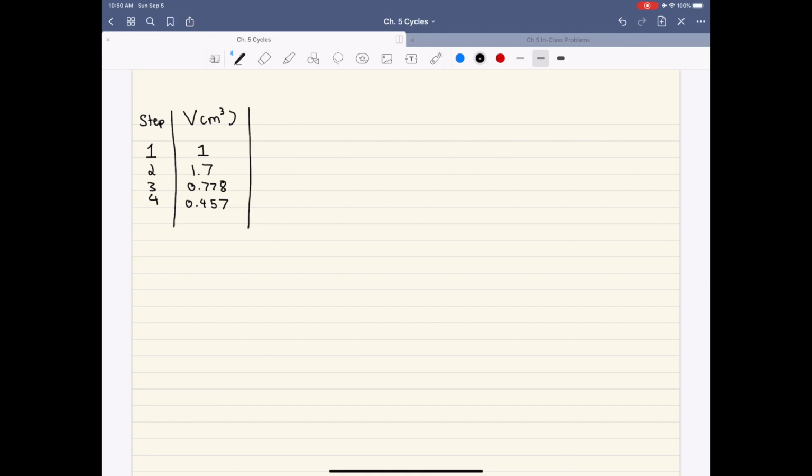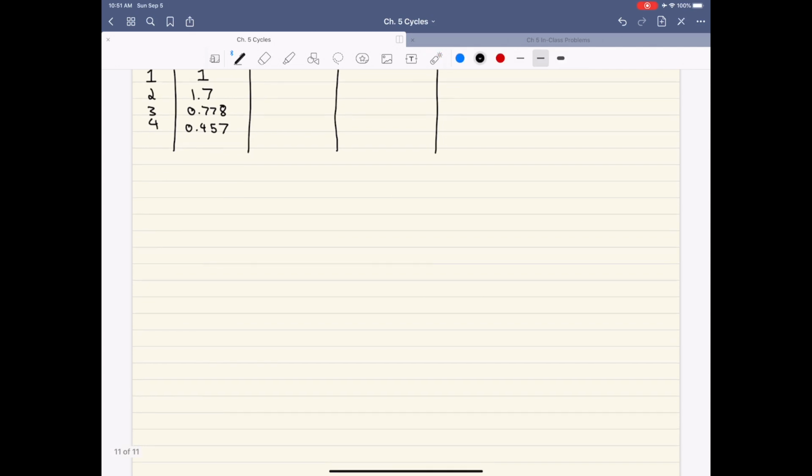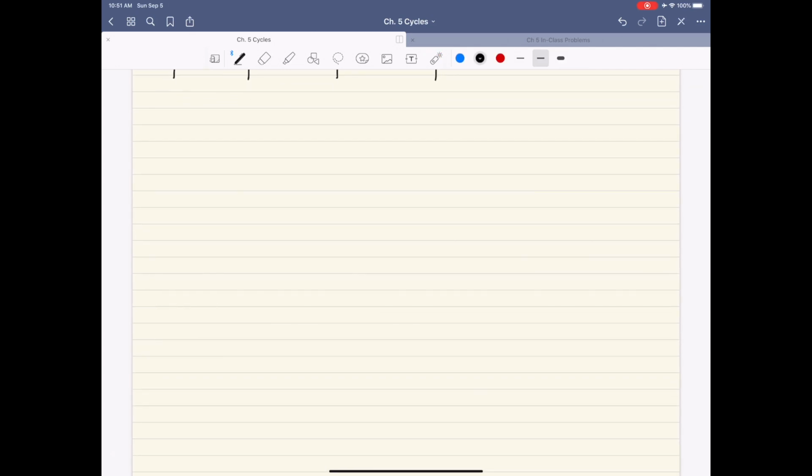Alright, and so throughout our analysis, what we want to calculate are the work that is required for each step, the heat that is required for each step, and also, just for completion's sake, we could also look at the change in entropy of the system as well. And so as we go through each step of the cycle and calculate the work and heat and change in entropy, we're going to write them back into this table. All right, and so to analyze this cycle, we're going to do